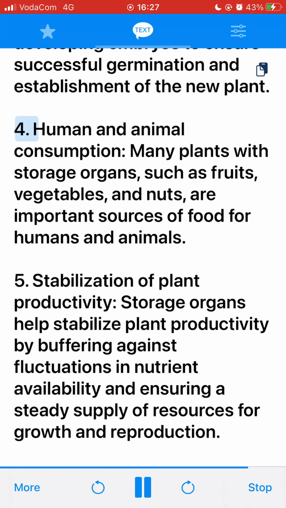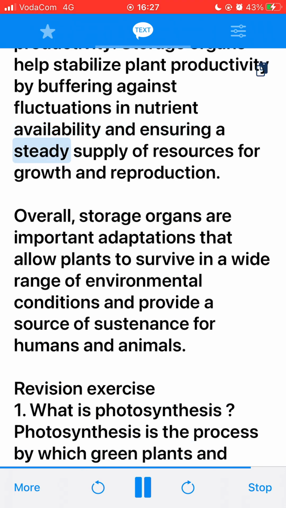4. Human and animal consumption. Many plants with storage organs, such as fruits, vegetables, and nuts, are important sources of food for humans and animals. 5. Stabilization of plant productivity. Storage organs help stabilize plant productivity by buffering against fluctuations in nutrient availability and ensuring a steady supply of resources